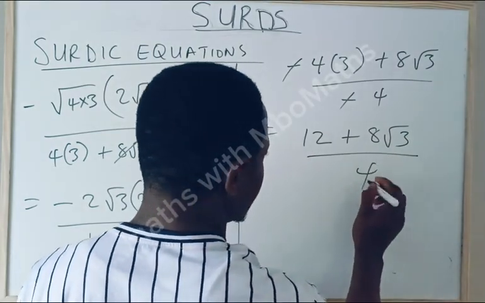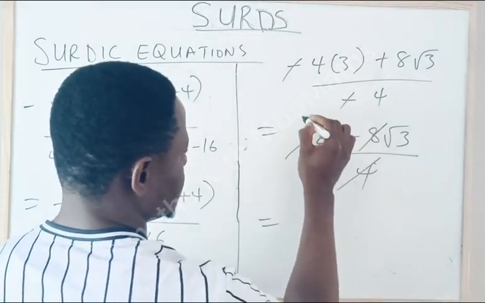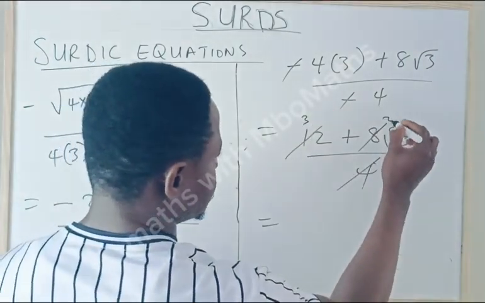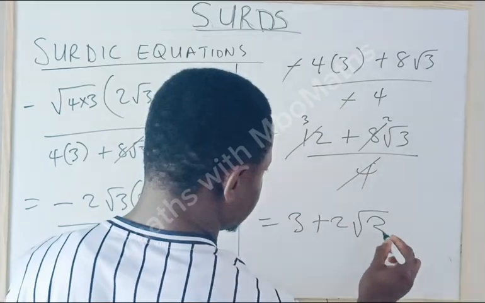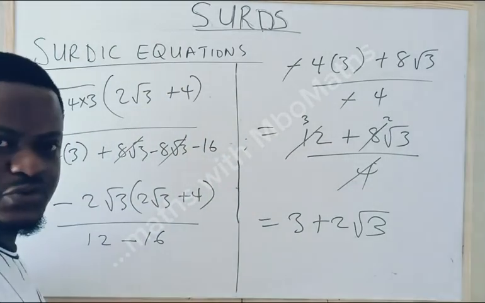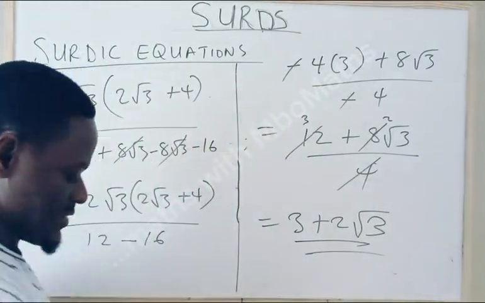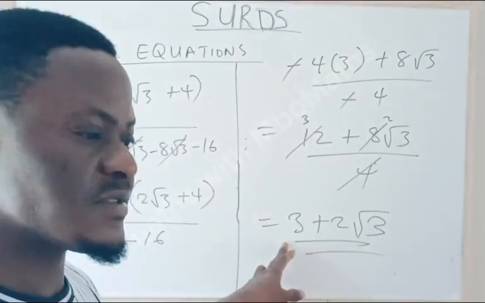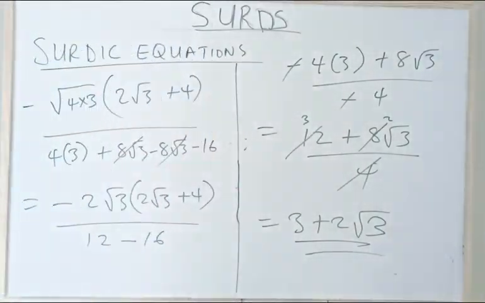If 4 goes into 12, and it goes into 8 too, we're going to have 3 remain here, and here will remain 2. So this gives us 3 plus 2 root 3. Remember, we were asked to leave our answer in the form a plus b root 3. So therefore, this is our final answer. It means that a is 3, b is 2, because these are integers, as required by the question. So guys,